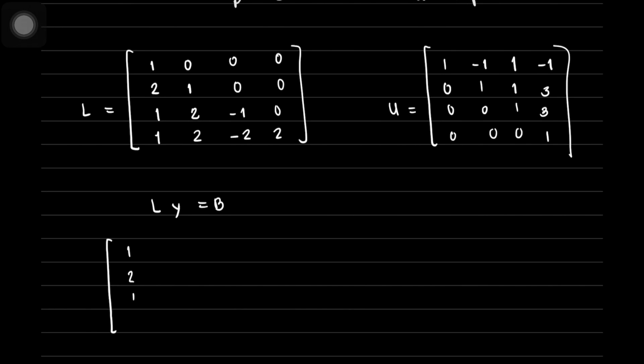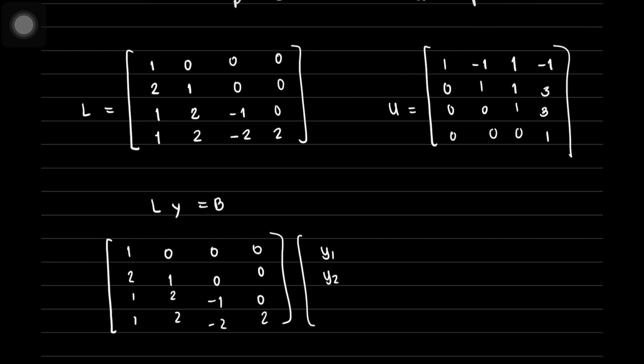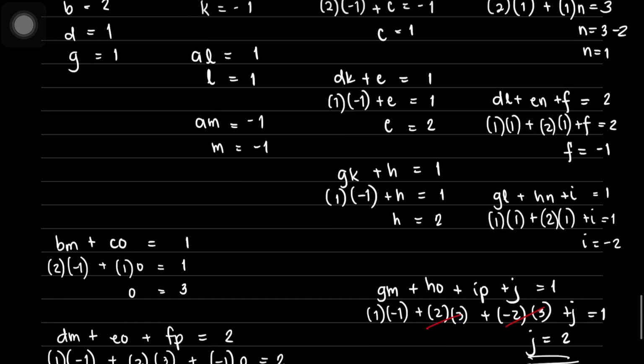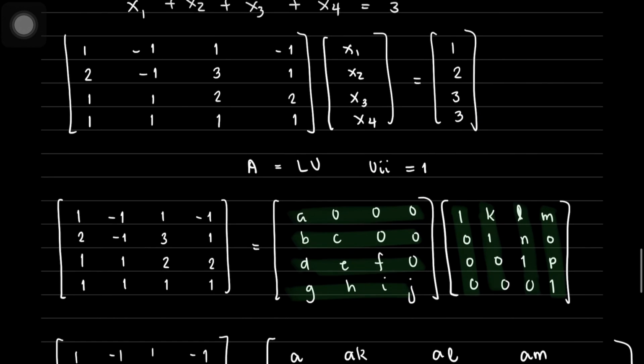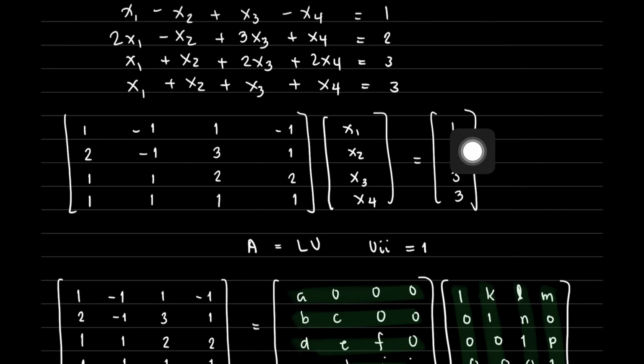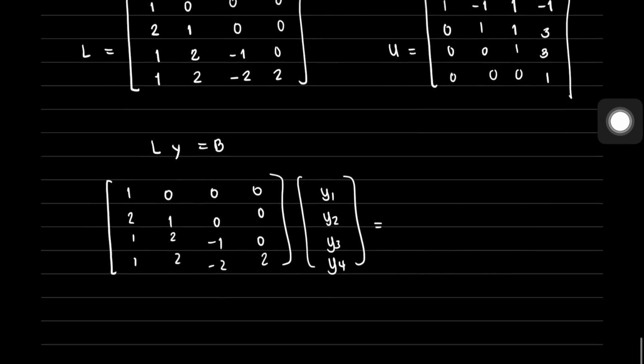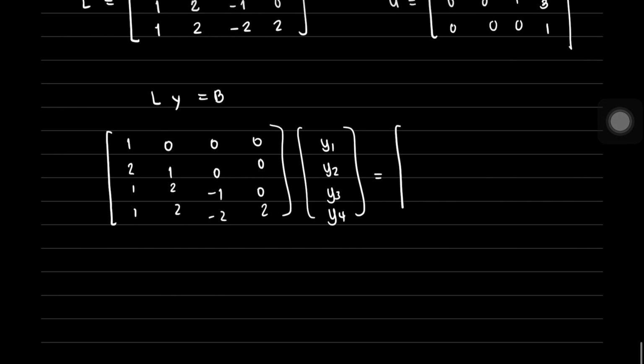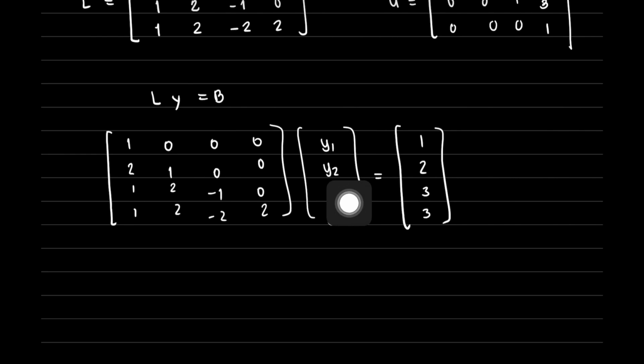1, 2, 1, 1. We have 0, 1, 2, 2, 0, 0, negative 1, negative 2, 0, 0, 0, 2. Multiplied by y, we have y1, y2, y3, and y4. This would now be equal to the constant matrix, which is 1, 2, 3, and 3. So if we're going to multiply this matrix with this vector, we have